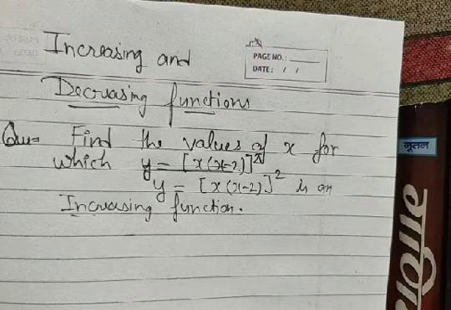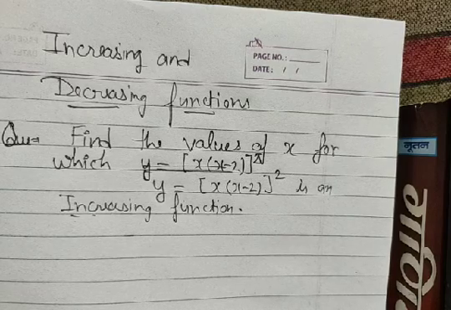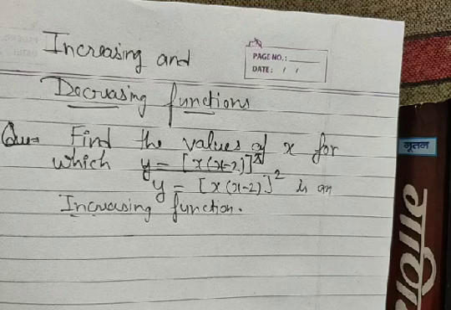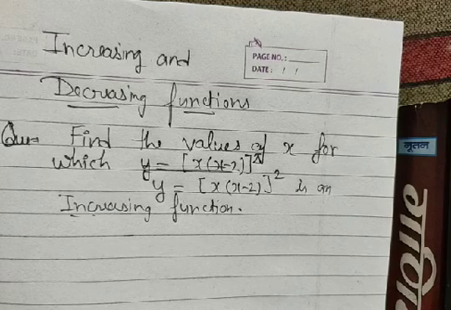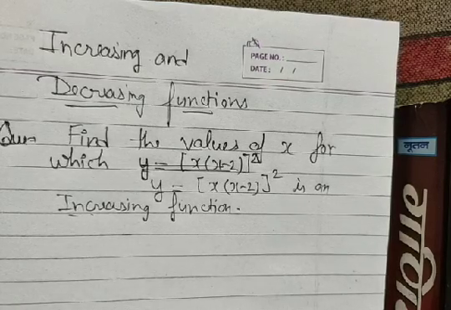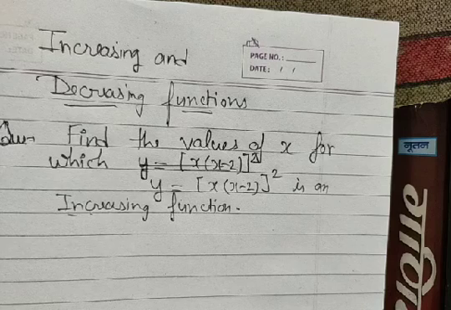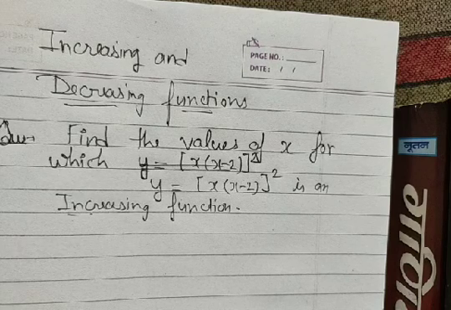Today we are again continuing with the same chapter, increasing and decreasing functions. Yesterday we discussed the basic definitions of increasing and decreasing functions. Then we saw the theorem and its use: how can we show that a function is increasing or decreasing by using the theorem, and how can we prove that a given function is increasing or decreasing? Today we again have some selected problems from NCERT and some board problems.